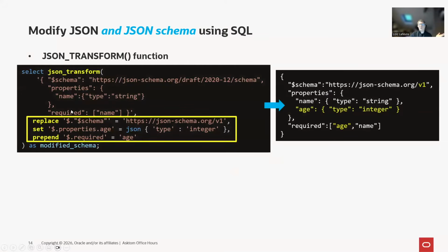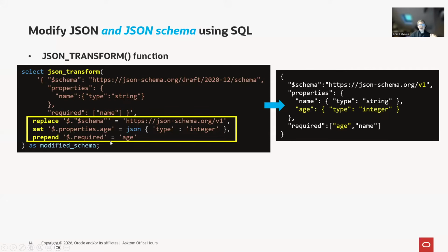And here is an example. You take a JSON document, here a JSON schema, and I want to replace the schema version here with v1. So that's what I'm doing. The $schema field is now the one with v1. I want to set a new property, the h1, within the properties object and say that's this JSON object.